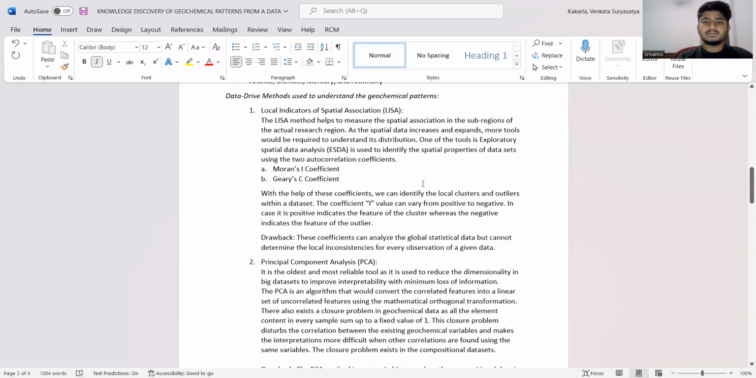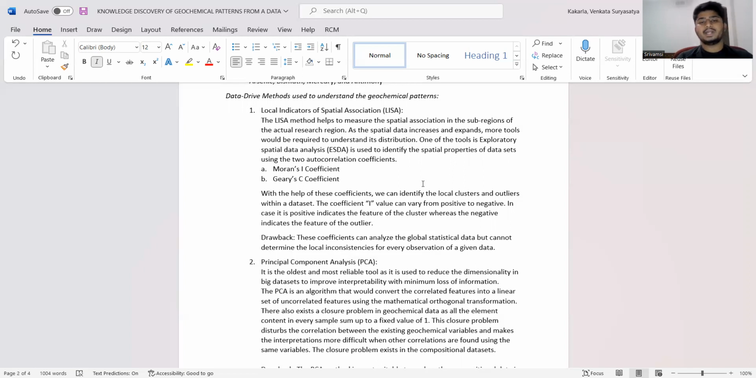Here we have a major drawback. These coefficients can analyze the global statistical data, but cannot determine the local inconsistency of every observation of the given data. So this is one of the major drawbacks for one of the data-driven methods used to understand geochemical patterns, which we call simply LISA. And coming to the second data-driven method, it is PCA, and the full form is